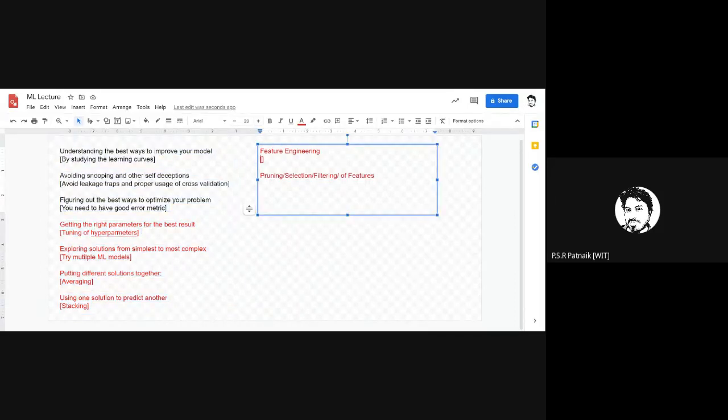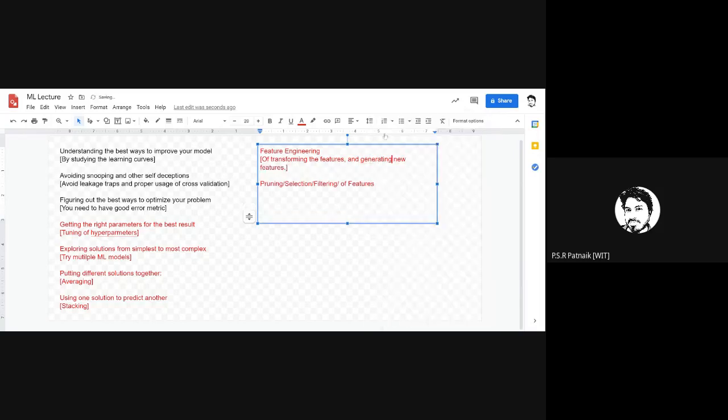So feature engineering is nothing but a process of transforming the features and predominantly generating new features. From the available data set, sometimes we might have a data set which might not have enough features.